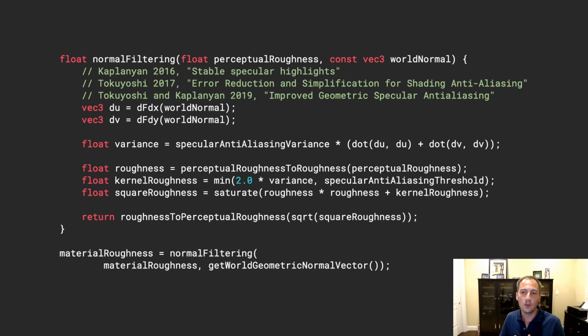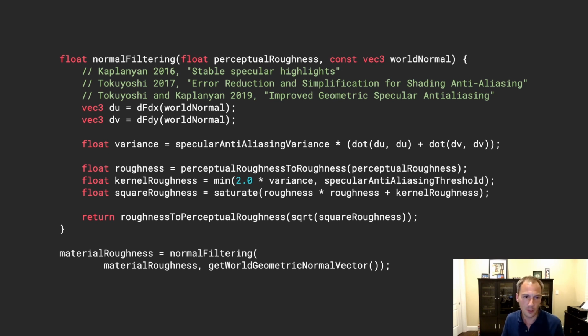Basically, you look at the variance of the geometric normal for the current pixel, and you change the roughness based on that. The paper has two solutions, one for deferred rendering and one for forward rendering. Filament is a forward renderer, but that solution requires a multiplication by a tangent frame for every light, so we deemed it too expensive. So we used the deferred rendering solution in our forward renderer, and it works really well. The cost is very often worth it.